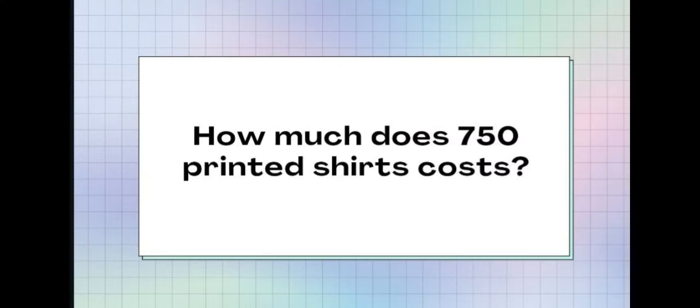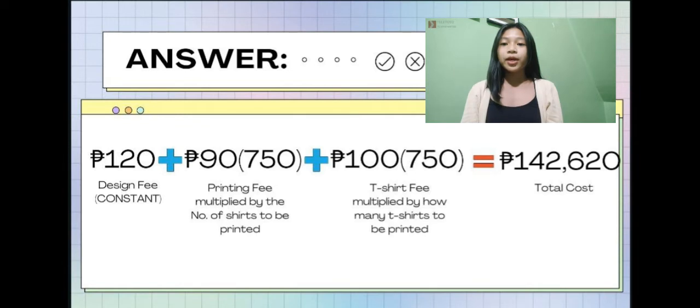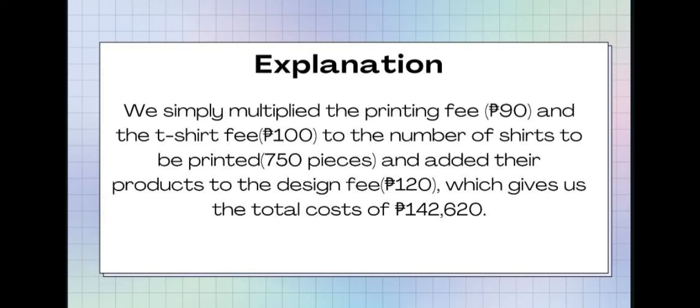How much does 750 printed shirts cost? Again, we simply change the variables to the given prices. 120 is the one-time design fee. 90 is the printing fee. 750 is the number of shirts to be printed. 100 is the t-shirt fee, and 750 is the number of shirts that will be printed,